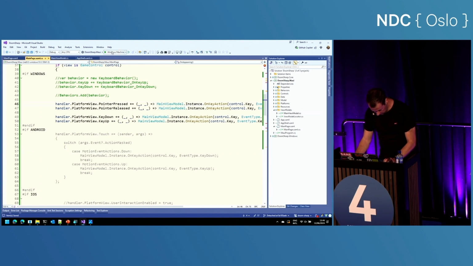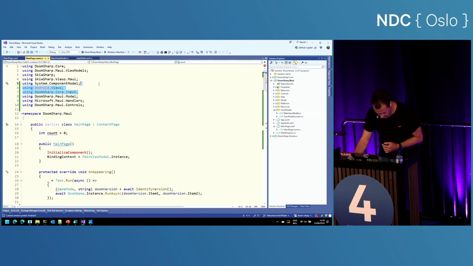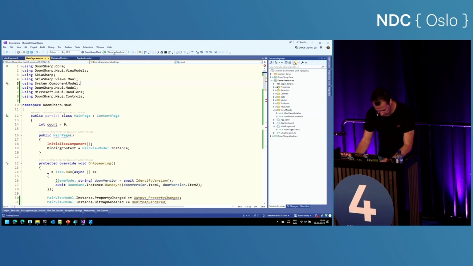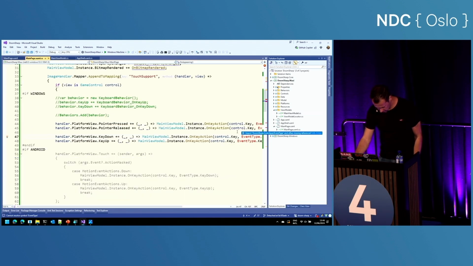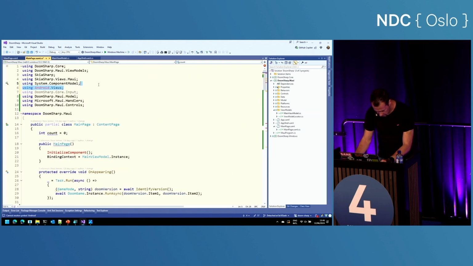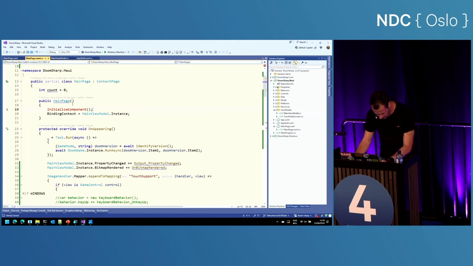There we go. Now, if I did everything correctly, which I apparently didn't, all right, it added a using statement that doesn't exist on Windows, and some other stuff. What do you mean you don't know what initialized component is? Of course you do.